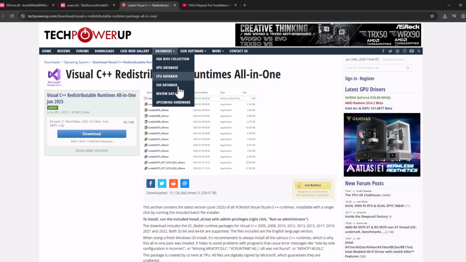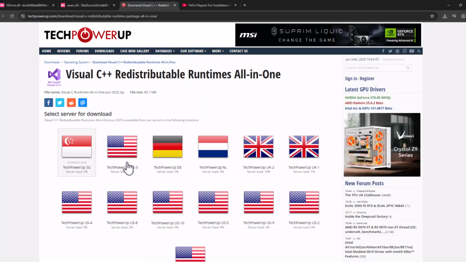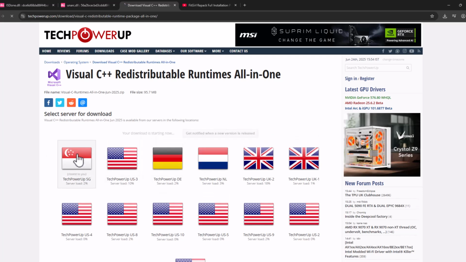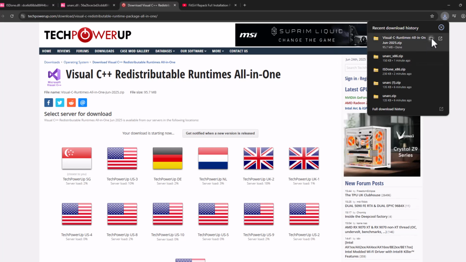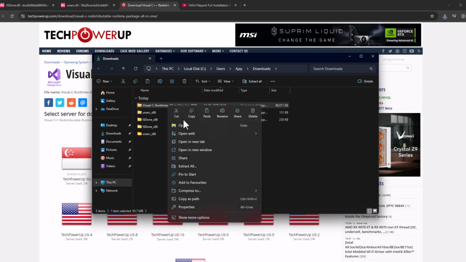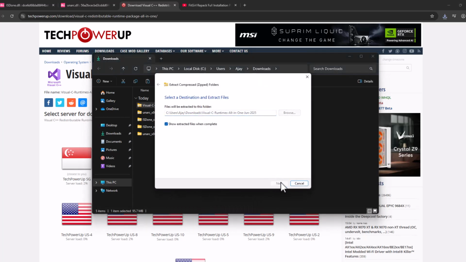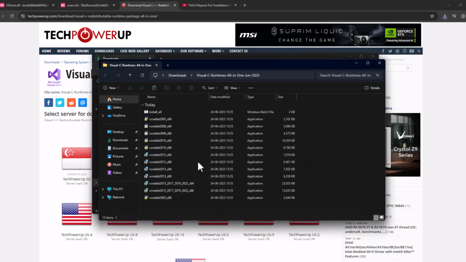Select the link and select the download option. Select any one of these servers, guys, select it and it will start downloading. After the download is done, select this folder icon, right click on the downloaded file and select extract all and select extract. After the extract is done, double click on this install all batch file,